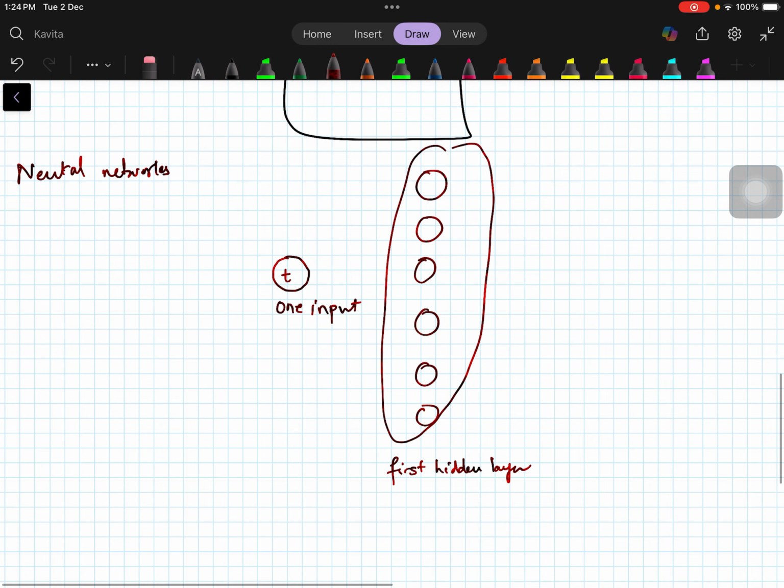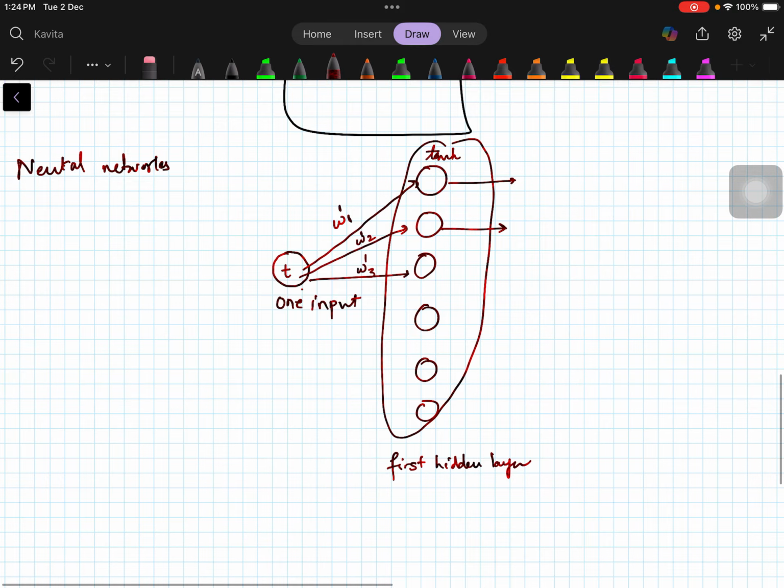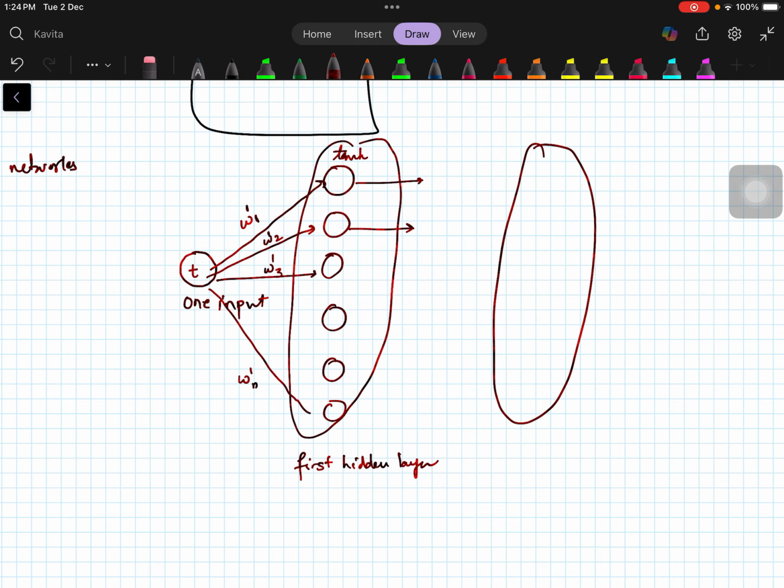So this will go here. There will be some weight W1, and because this is just one input, otherwise we will put the weighted sum. W1 into T will go here, and then there is also an activation function. Suppose the activation function here is tan hyperbolic, so the output will be there, and then similarly it will go in this perceptron, the output will be there. The weight is W2, right? And I'm putting 1 on the top also to mark that this is the first layer, right? And so on, suppose this is Wn, and then there is a second hidden layer. So here are perceptrons again.